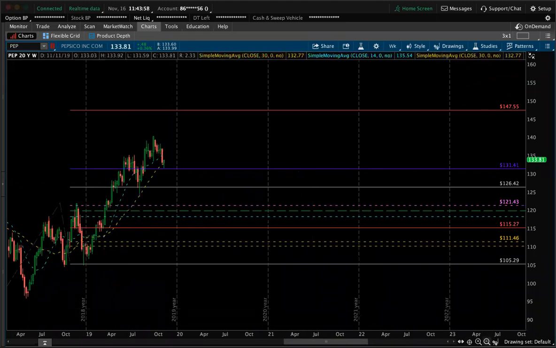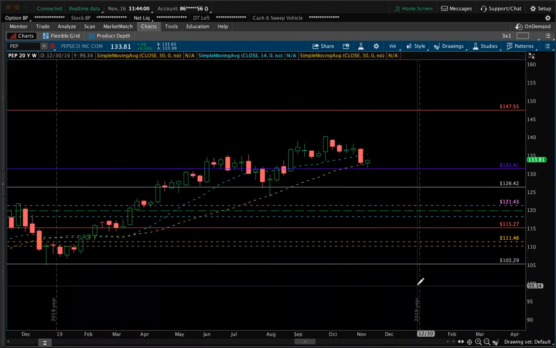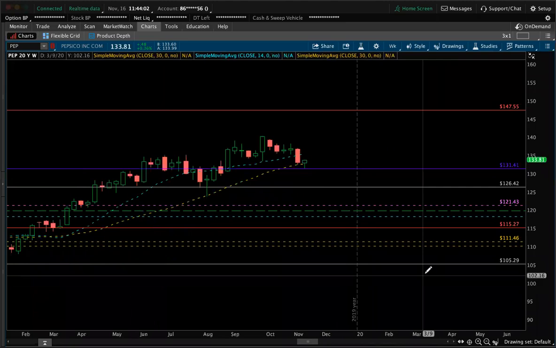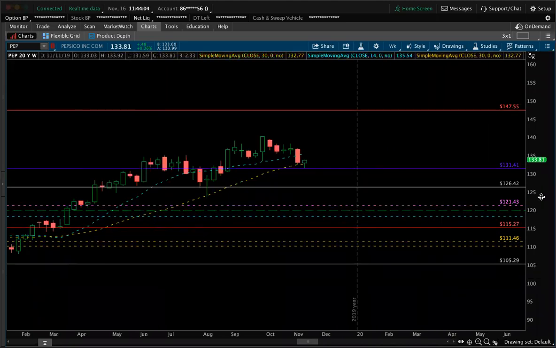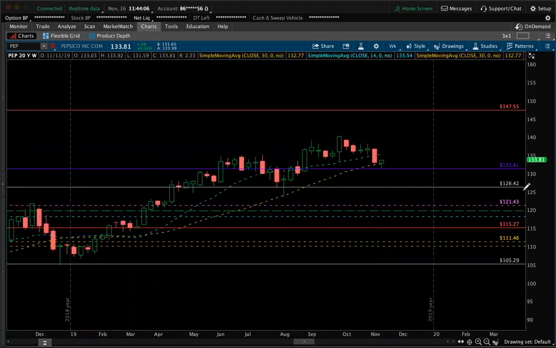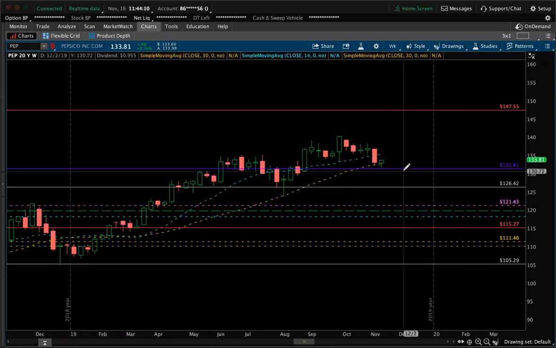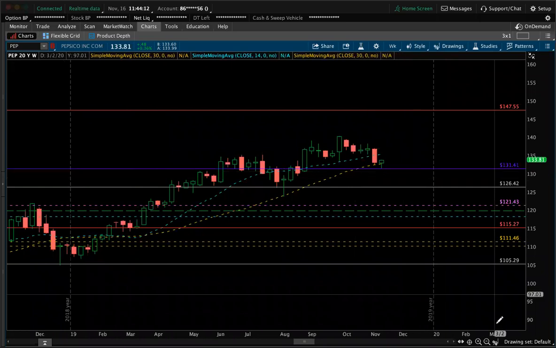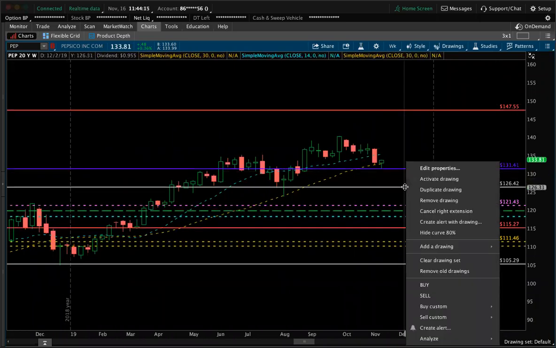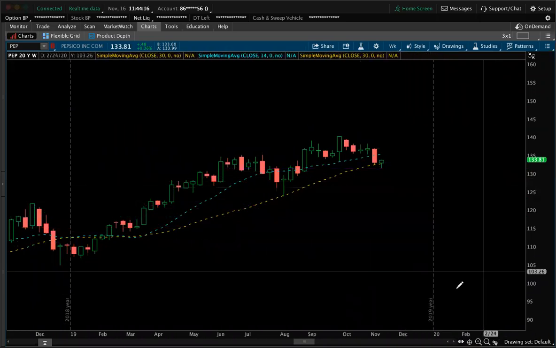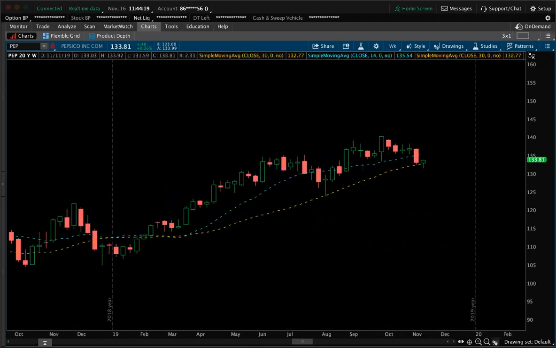Right? So now we're trading with the weekly chart. It's much more accurate. I actually did another chart too that was even more accurate, but this shows you that 131.41 level. That was a level to buy and go long at, to take a starter. I'm going to get rid of this extension as well, because I found another level when I was playing with my extensions. So now I have the weekly open.